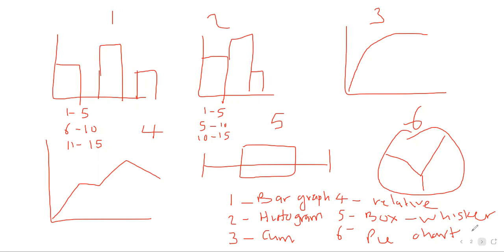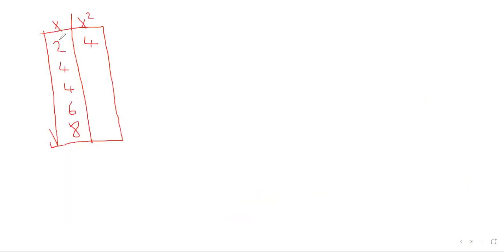So we're now going to look at what we call ungrouped data. We're going to be given data sets, for instance, 1, 2, 2, 4, 4, 6, and 8. So we're going to find all the measures of central tendency and the measures of dispersion. So I'll start with the measures of